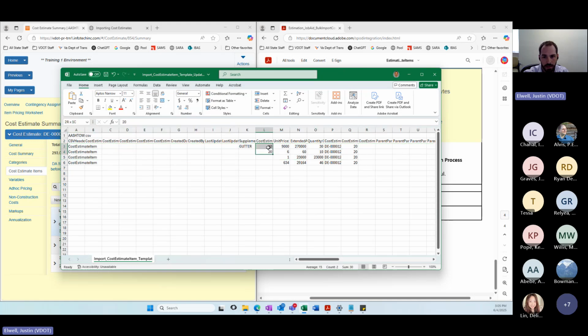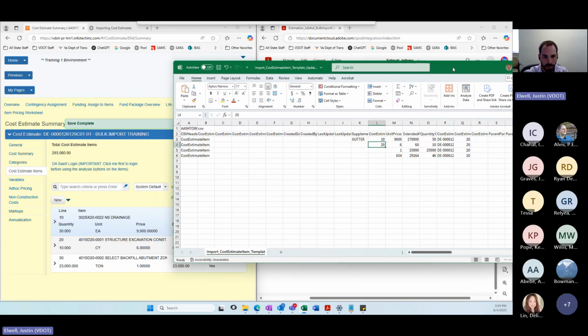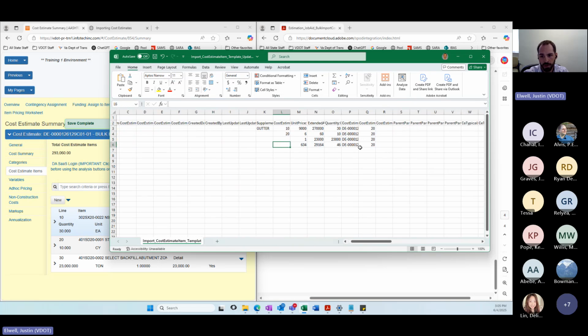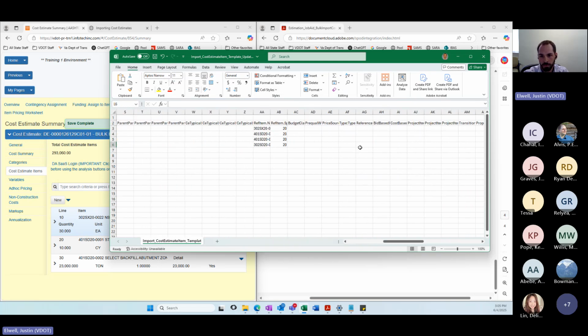As you can see, I'm going to list my line item or my line number here as 10 and 20 for the first two, which are exactly as they're listed in our cost estimate. I'm not going to list a line number for the third one. And then our fourth one is a brand new item that we did not have before.